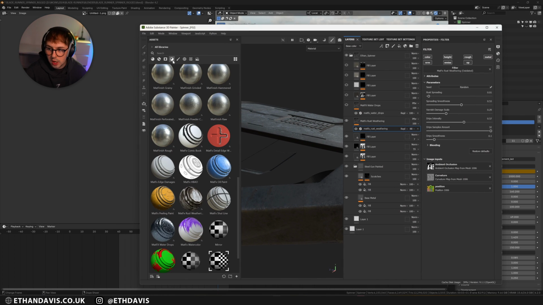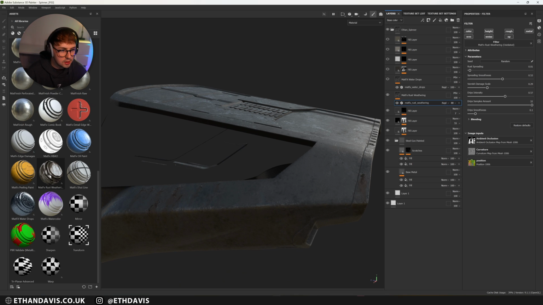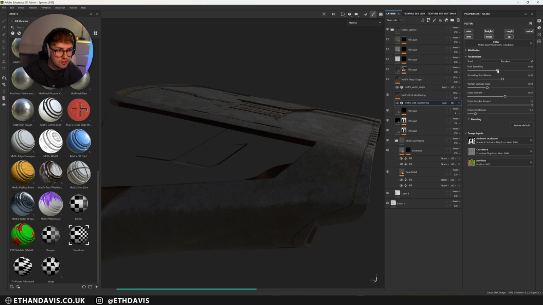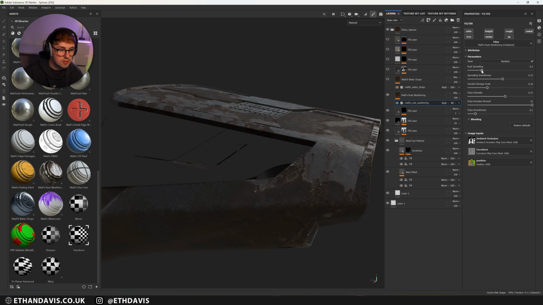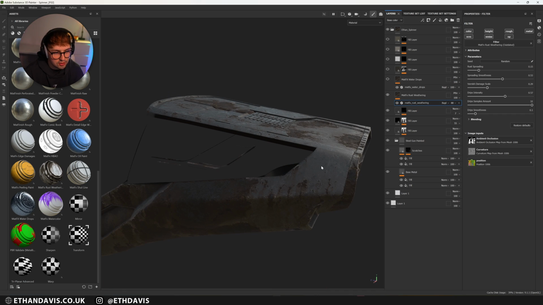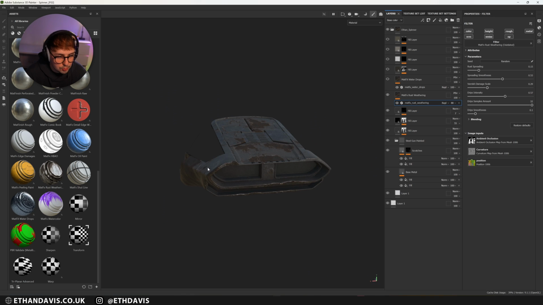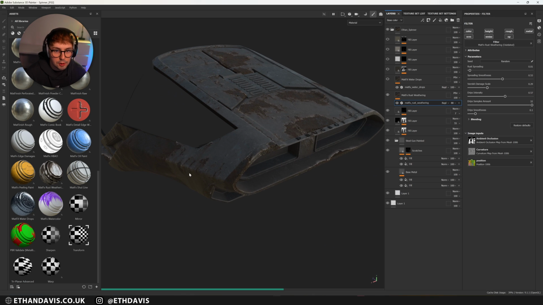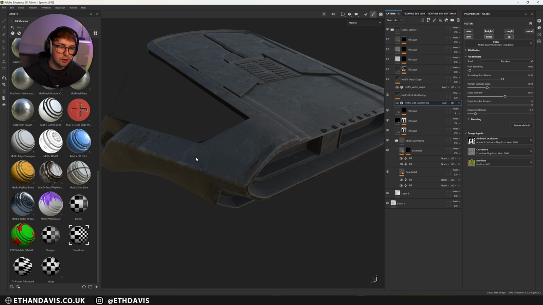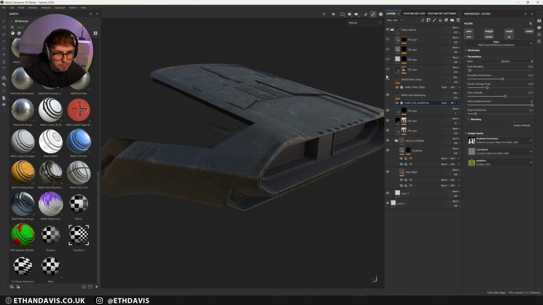If you go to generator here, you'll be able to see it at the bottom, and it's called Matte Effects Weathering. So if you just add that, it just adds some rust, and you can change how rusty it's going to be. So for example, if I dial in this part, we can get it looking super rusty, as if it's been in a scrapyard. But I just wanted a little bit.